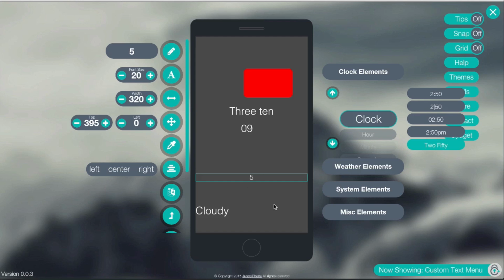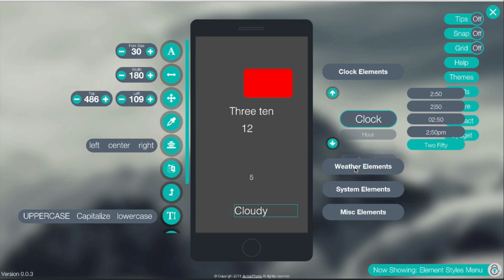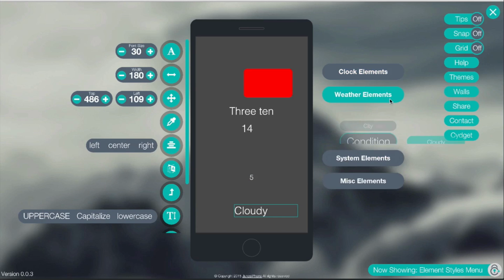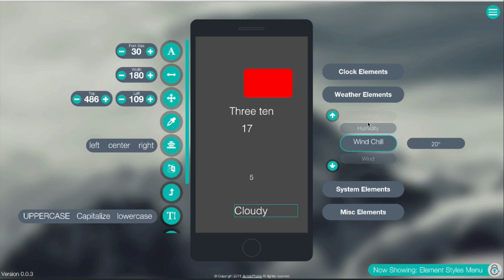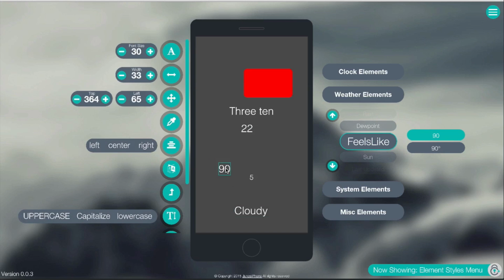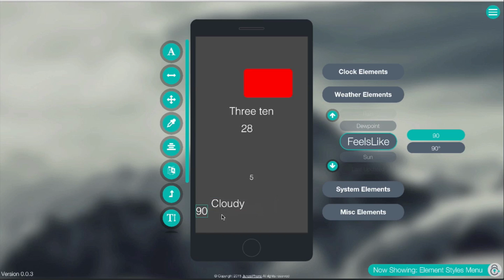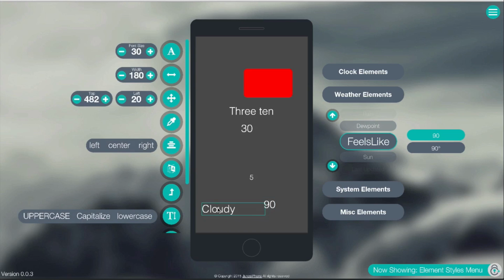Or if you have elements side by side, say if we want to turn this menu off. If we want a temperature, feels like temperature will work. Come right here. If we want a temperature here and then cloudy next to it, or the other way around, we will change the width of cloudy to that size, and then change the width of this high. Since it's already aligned left, we really don't need to. But you could align it right,